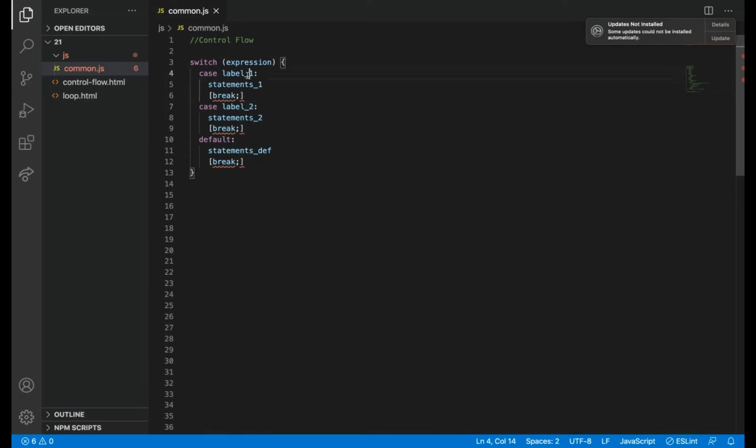There are two case labels here. If I replace them with 1 and 2, it matches with case 1, case 2. So the control will go to case 1, because this one matches with this one.